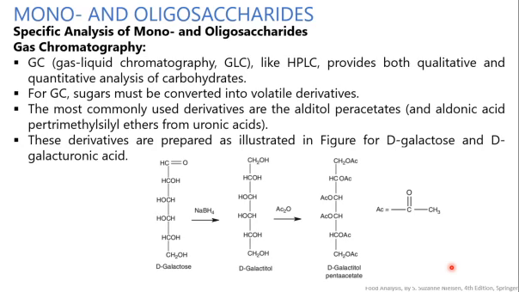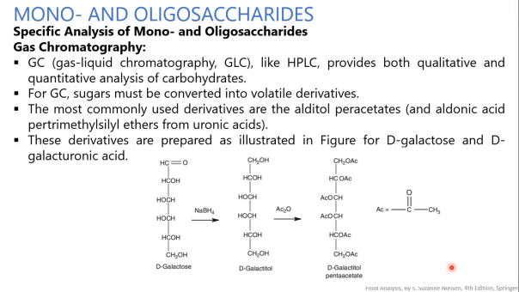So in the HPLC, what happened? In the HPLC, we just take the sample and analyze it without derivatizing the particular sample. But in case of GC, there must be the need to derivatize the given sample. So why is there a need to derivatize the sample? Whenever we derivatize the sample, it makes a derivative which is volatile in nature.